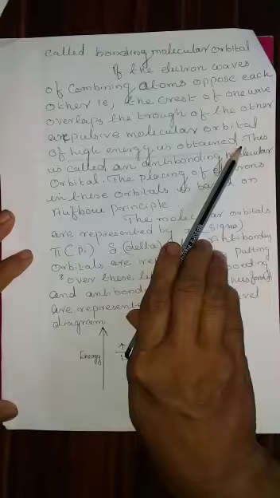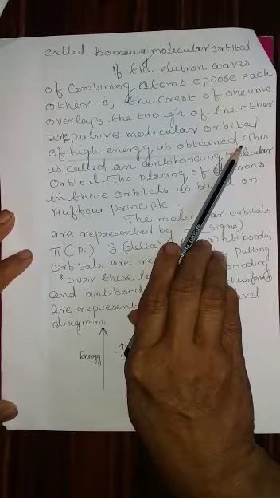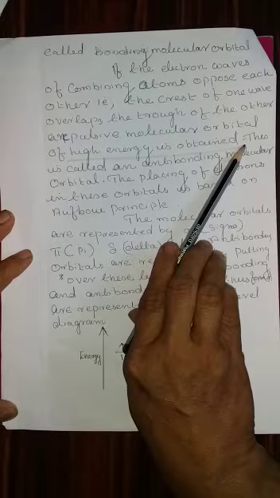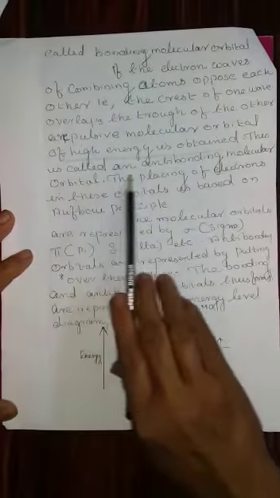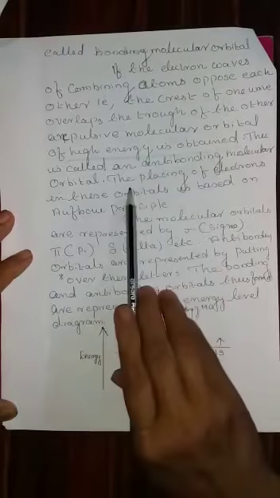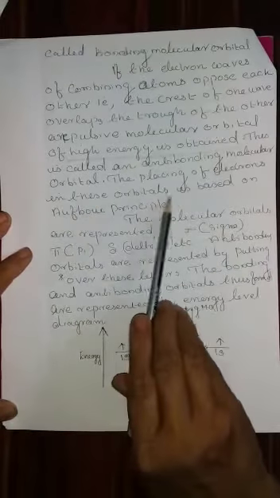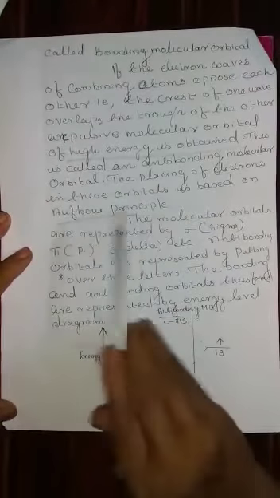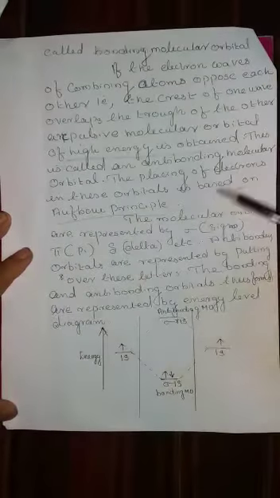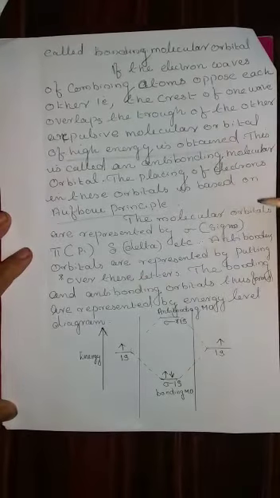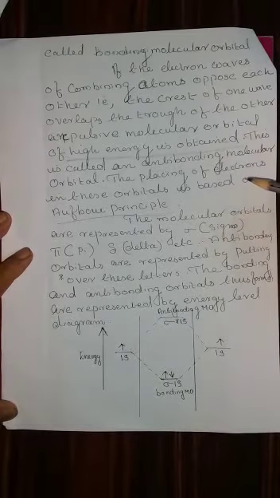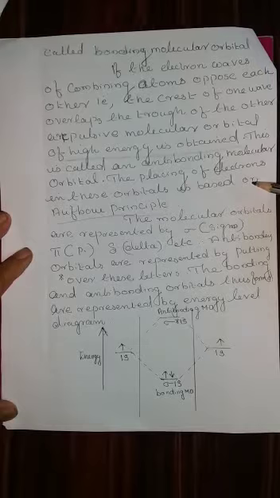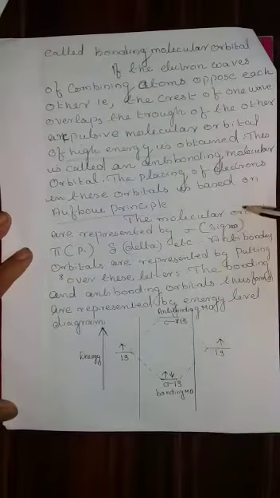Fill in the blank question. Bonding orbitals always have low energy and anti-bonding orbitals have high energy. This is called an anti-bonding orbital. Then the placing of electrons in these orbitals is based on the Aufbau principle. Aufbau principle means building up principle. We already studied the building up principle in an atom, how the electronic configuration is built. Similarly, there is a specific order for the atoms to accommodate the electrons in the molecular orbitals also. That rule is also called the Aufbau rule.